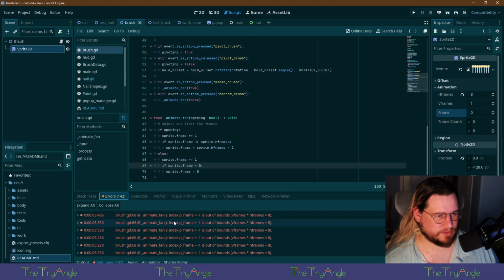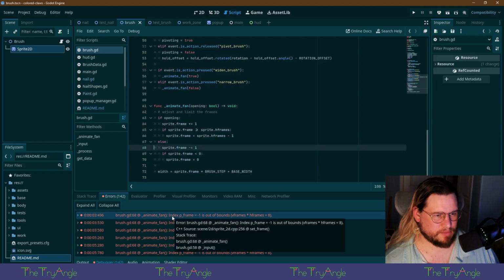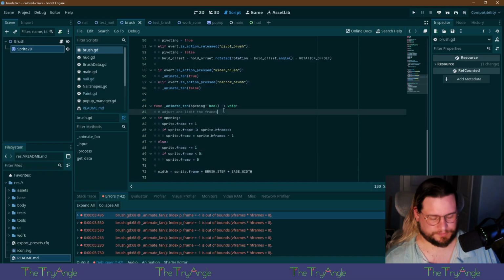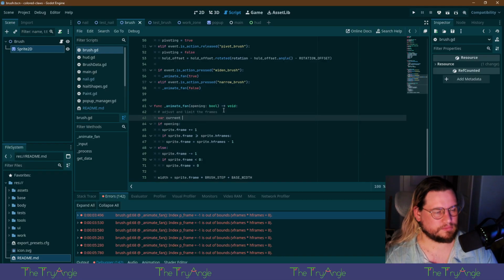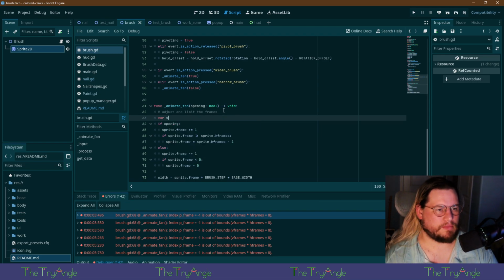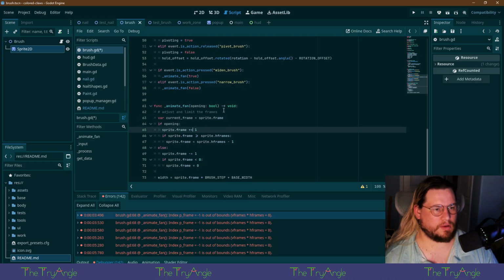What are these errors anyway? Out of bounds. Oh, right. My bad. We'll update that frame instead.